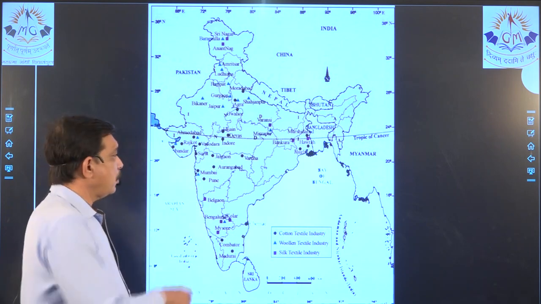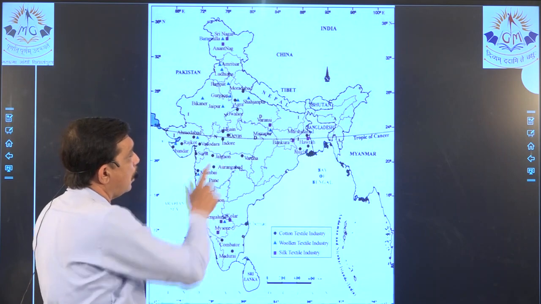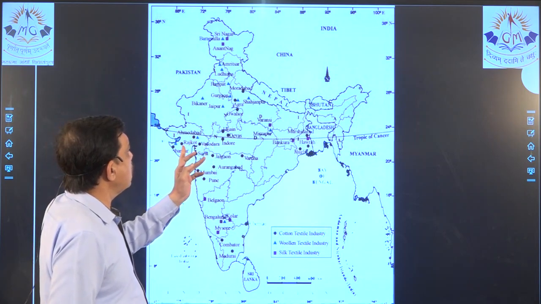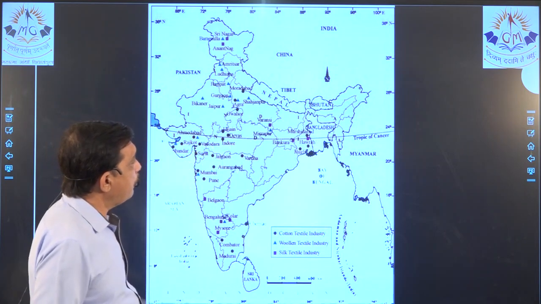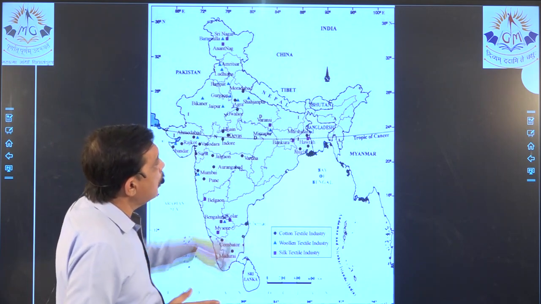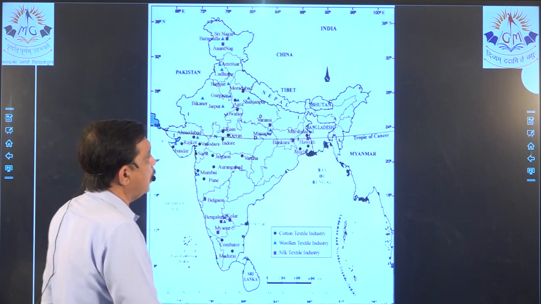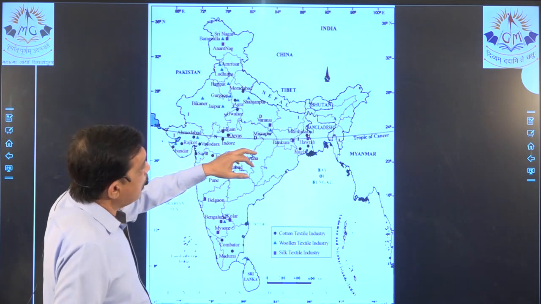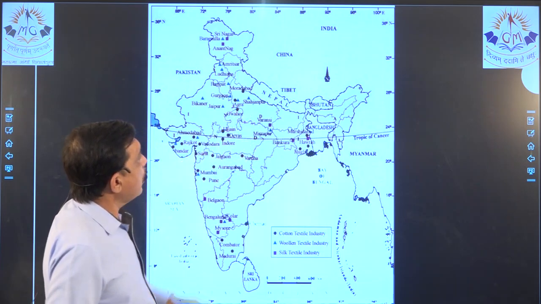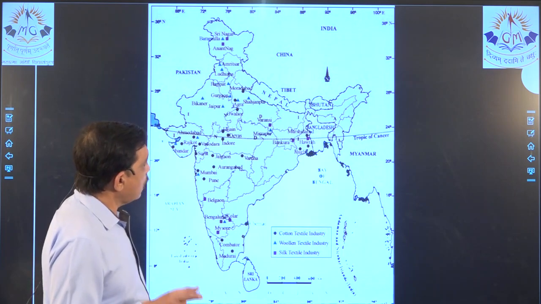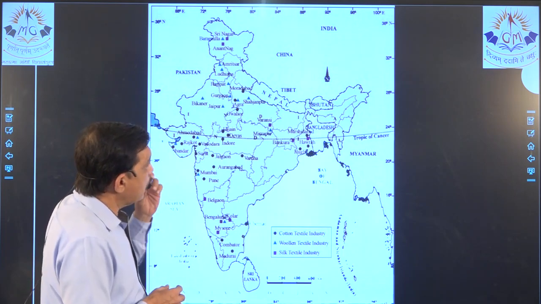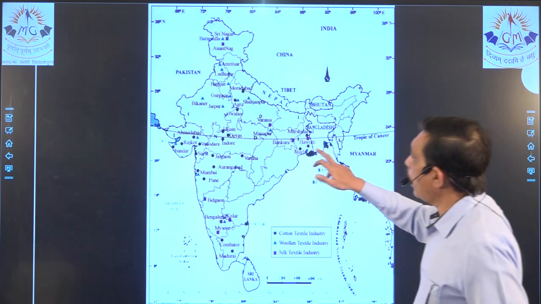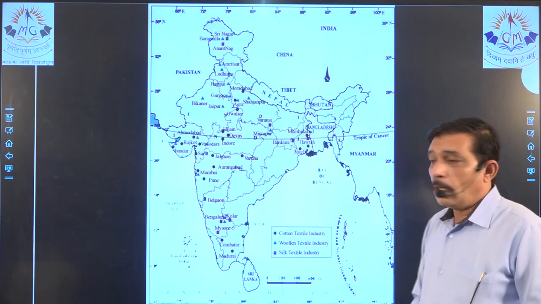Next, in Maharashtra we have Pune, Mumbai, Aurangabad, and Wardha. We come to Gujarat: 3-4 important places are there: Surat, Vadodara, Ahmedabad, Rajkot, and Porbandar. We come to MP. We have Ujjain, Dewas, Indore, Mirzapur over here. Then we come to UP: Agra, Moradabad. These are the two places for textile in UP. Then West Bengal: Hooghly, Howrah, and Murshidabad. These are the 3 places for cotton textile industry.